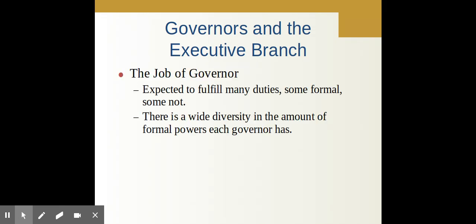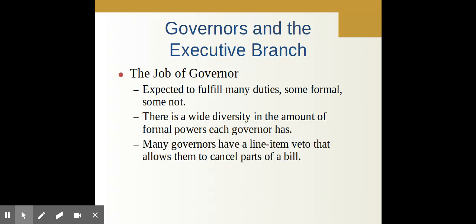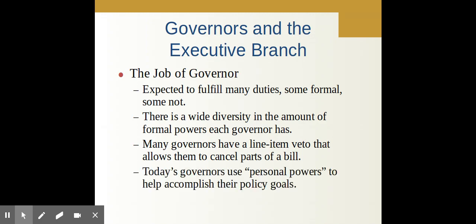The job of the governor, he's expected to fill many duties. Basically, they're like mini presidents. But as I showed you earlier, Texas has a lot less power. Pennsylvania's governor is considered one of the more powerful ones. Some governors have line item vetoes, which are controversial because instead of vetoing the entire bill, the governor can go through and cross out some sections. The state of Wisconsin had one of the most creative line item vetoes, where the governor can actually cross out individual letters in the bill, spelling new words and changing the entire definition of it.